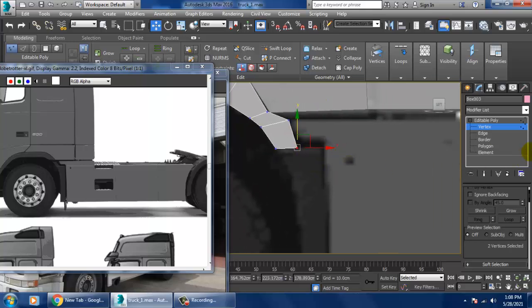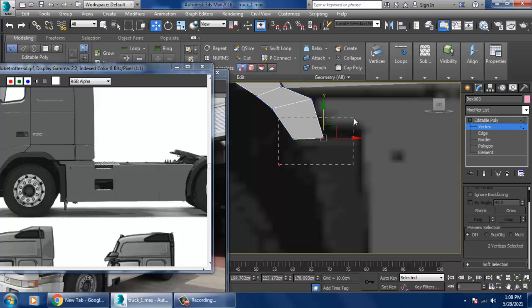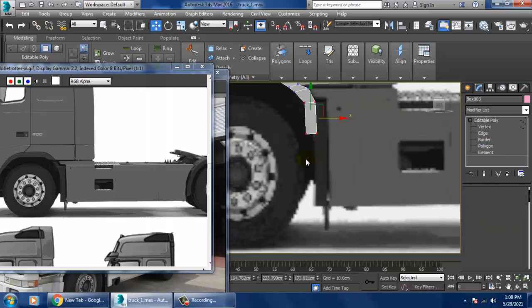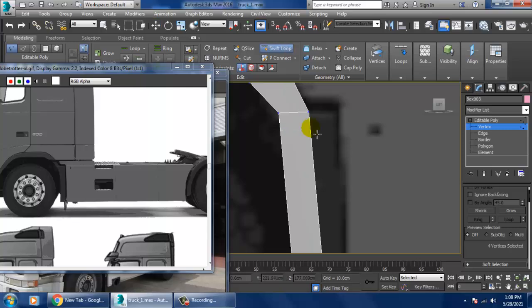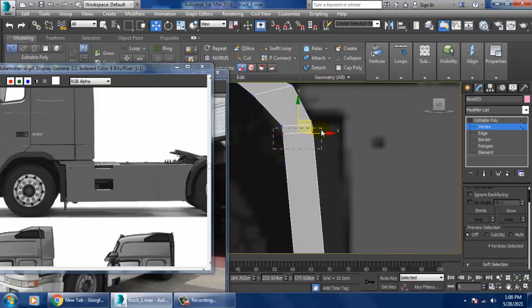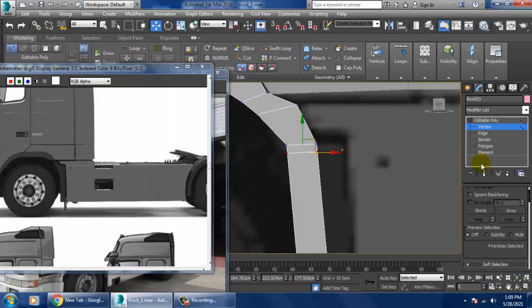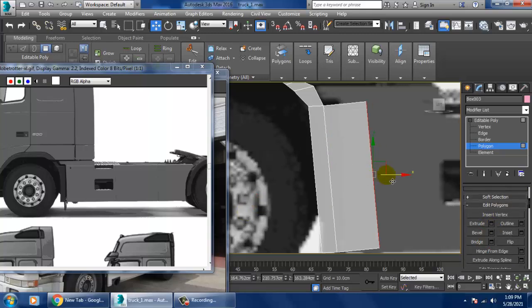Now I can shuffle it a bit inside, select the polygons and extrude that down. I'll push this down, take one swift loop, or else select the polygons and slightly extrude it. Save your file.